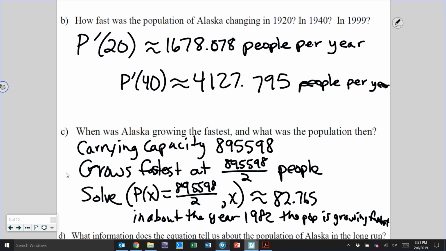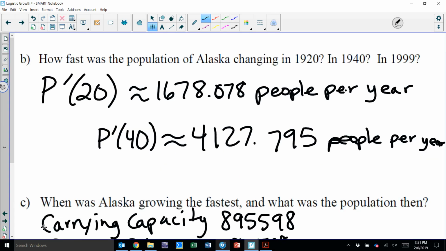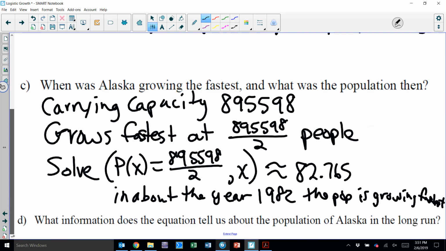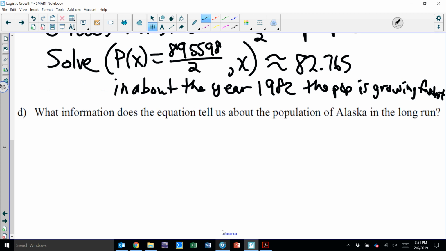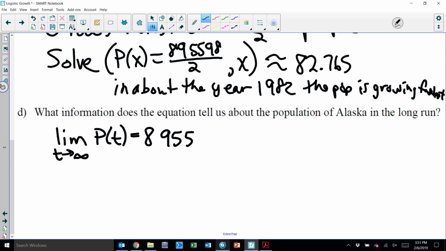I don't know why my thing is messed up here. Let's go ahead and scroll down and extend the page. So what does that tell us about population in the long run? Well, in the long run, what they're saying is, what is the limit as t goes to infinity of P of t? Well, the answer is 895,598 is that limit, which tells us that the carrying capacity,